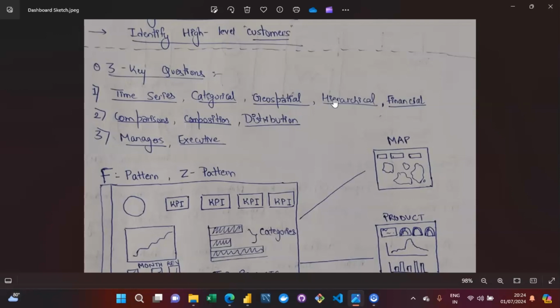Then we have the information with respect to multiple locations. So geospatial data we also have, and that is going to be the second aspect. That's why a distributive kind of analysis is also required. Then we have the information with respect to the customer base as well. So composition kind of data we also have. This is going to be the third kind of analysis which we are required to communicate to the